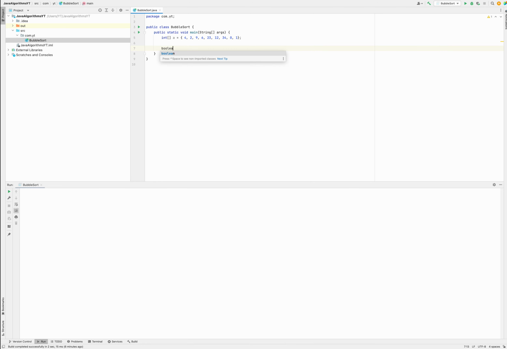And I'm going to have a boolean flag called swap, and I'm going to set this to true. This flag is going to determine if there is any swapping done. I'm going to have two loops for this. So one is going to be an infinite loop, the outer loop for now, and I'm going to reset this boolean flag inside this loop, and this boolean flag will be set by this for loop